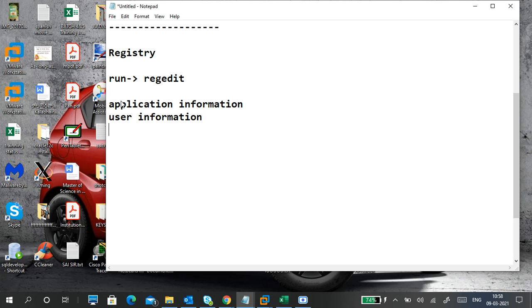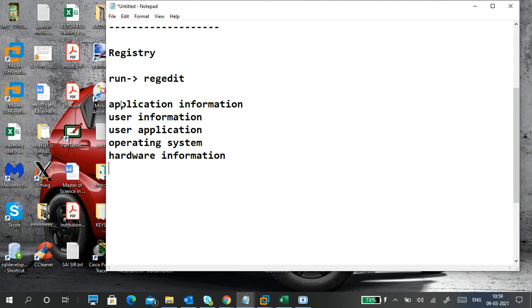Some applications belong to the system, meaning they are the same for any user login, but some are user based applications, meaning only for that user. Then operating system information and hardware information are available inside.